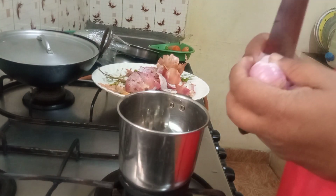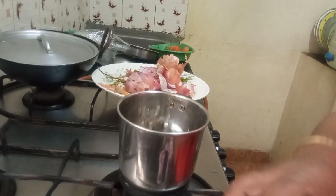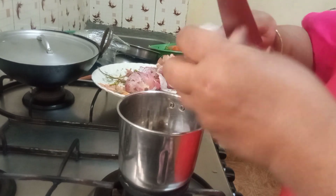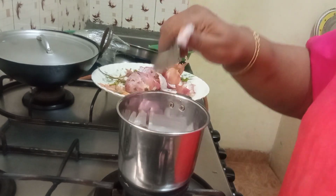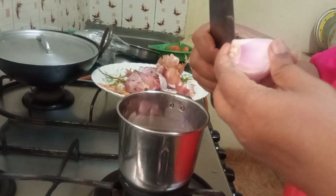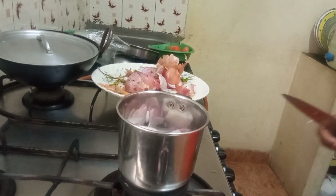So today at my lunch I'm going to make a tomato rice, and not that regular South Indian tomato rice. I'm making a tomato rice, and along with that I'm making mutton korma with potatoes in it. So let's get along. For that I have taken one big onion, and